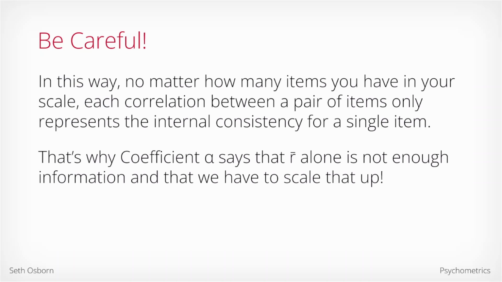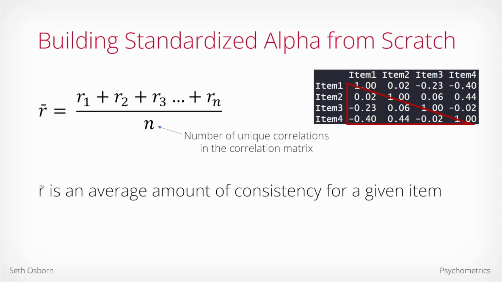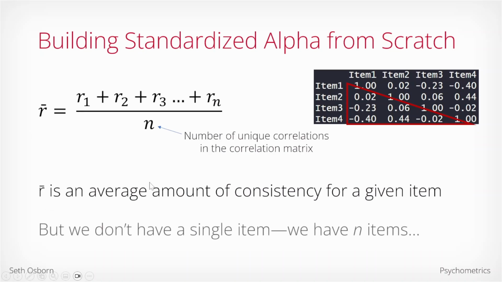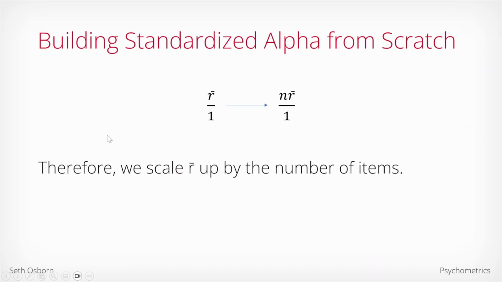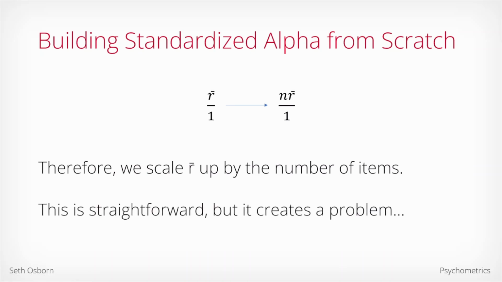And that's why coefficient alpha says, whoa, this average inter-item correlation alone is not enough information. We have to scale that up, okay? So we start with the average amount of consistency for a given item, and then we say, but wait, we don't have a single item, we have n items, however many items we have. So we take that value that we started with, the average correlation between items, and we scale it up by the number of items. We simply multiply it times the number of items that we have, which may seem pretty straightforward,